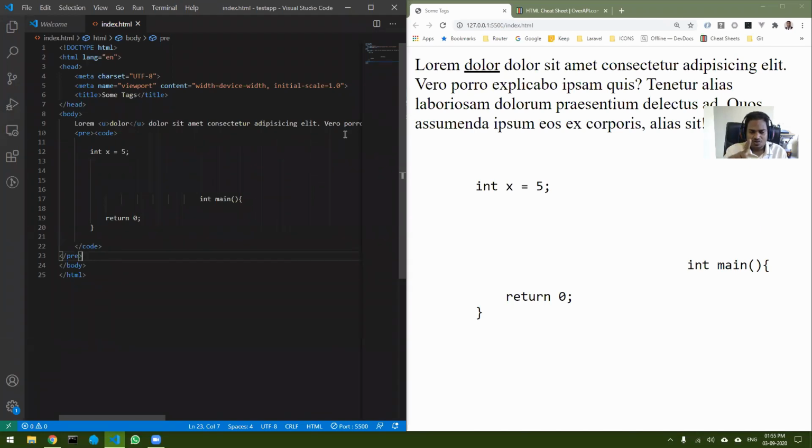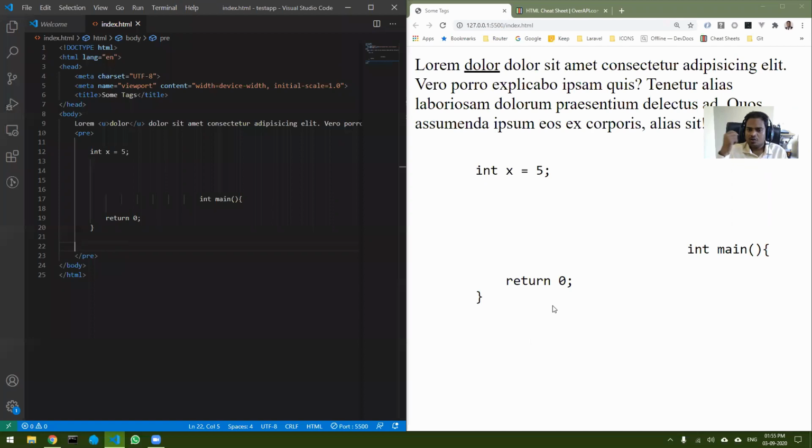Okay, so you should understand this. It is very important to understand the use of pre over here, and the use of code over here. Let me remove code and show you its importance. If I save it, you can see that what code does is it changes the font so that it looks like source code to you. Right now the font of this and the font of this is the same. I don't want that, so for that I use the code tag.